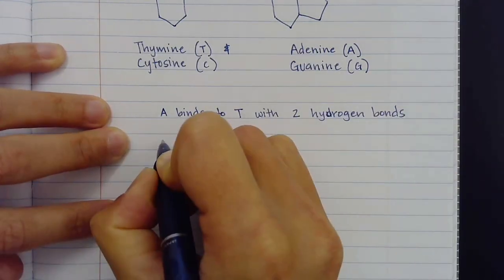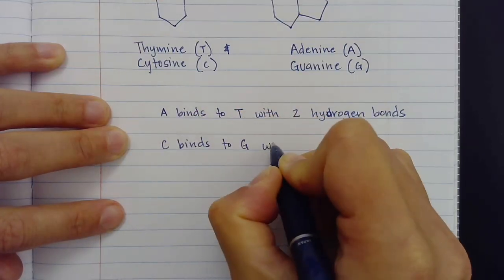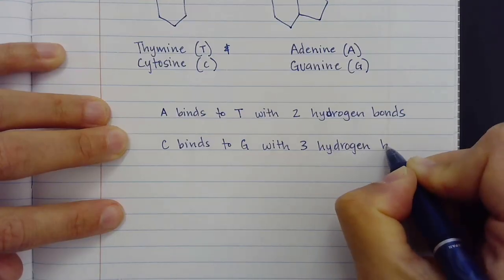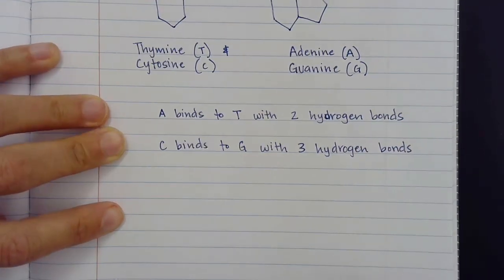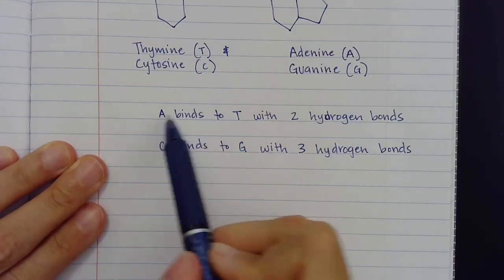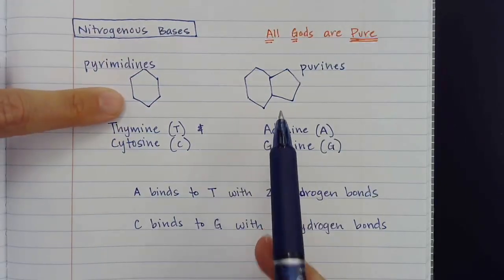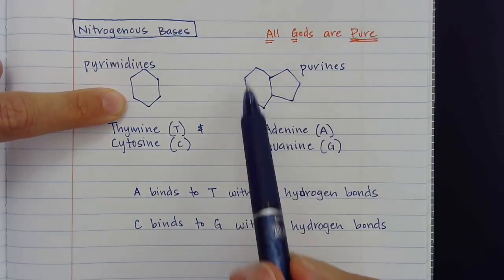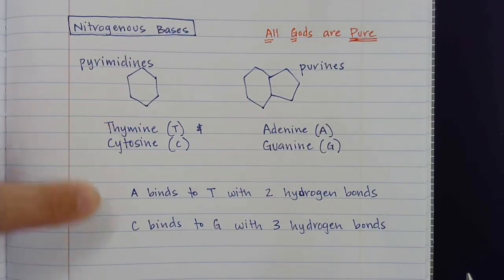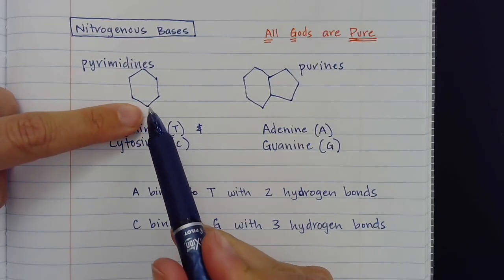And then C binds to G with 3 hydrogen bonds. So let's see how this works. Notice that if A binds to T, A is a purine, T is a pyrimidine. So we're getting something with 2 rings and something with 1 ring bonded together. And then C binds to G, so again, we're gonna have something with 1 ring and something with 2 rings